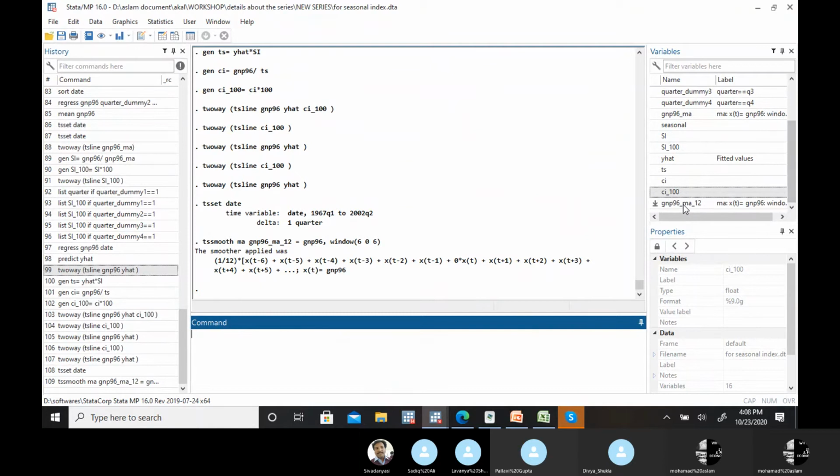Okay. Now you have a GNP 96 MA with 3 years of data. It's indirectly a 3-year moving average type of thing.